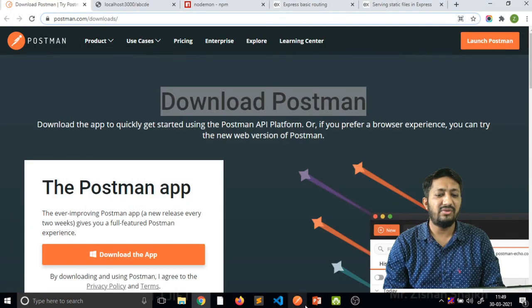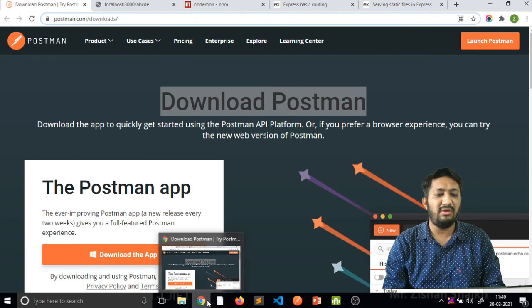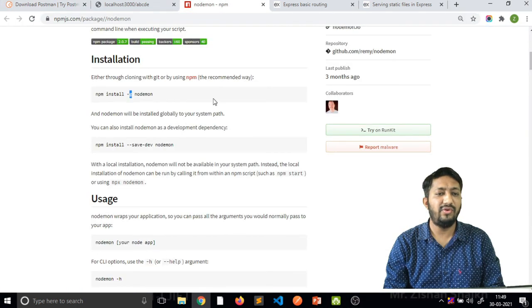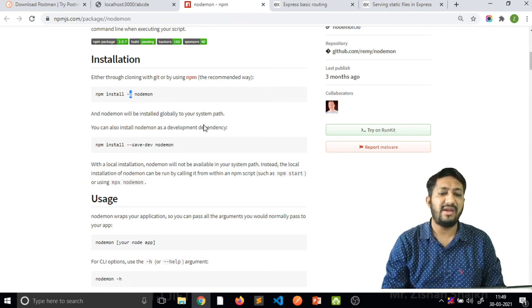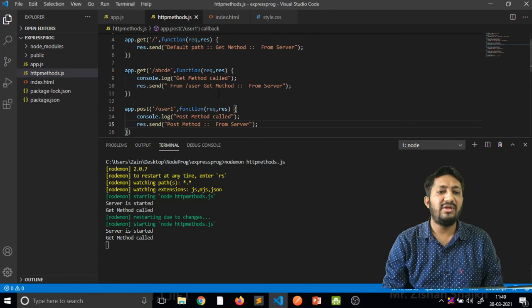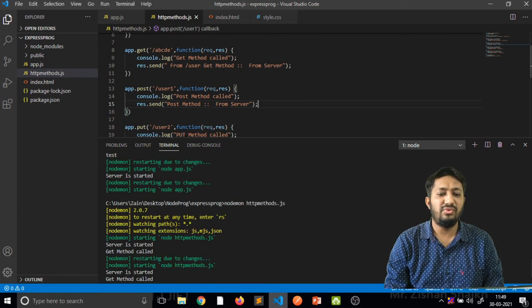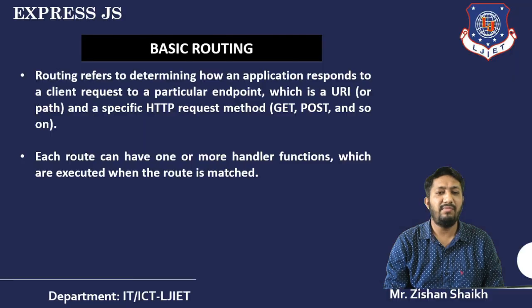I also explained the particular use of the Nodemon package. Nodemon is very useful when you are performing a task where repeated changes are there and you would otherwise have to restart your server every time. Then you can use Nodemon, you just have to install it. So this is all about the basic idea of the HTTP module.